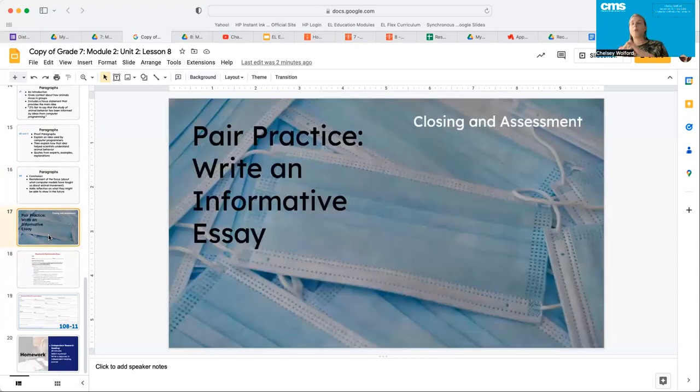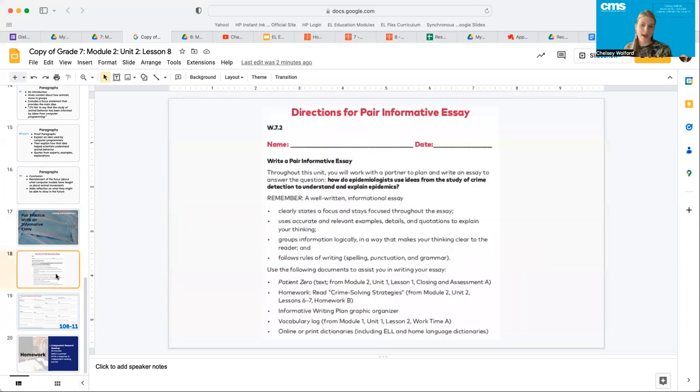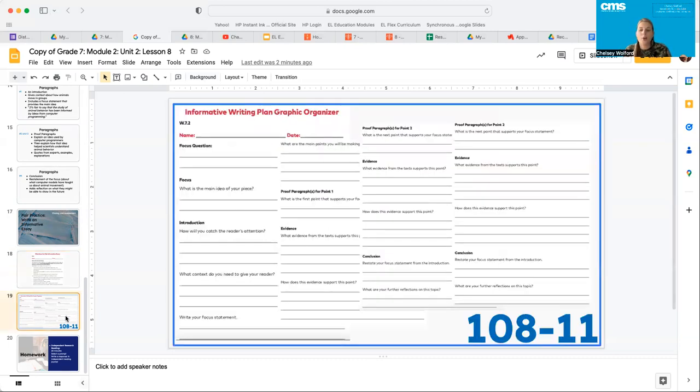All right, guys. Now that we have looked at the criteria and looked at a model, we're going to do a little pair practice, and you're going to take a stab at this. Here are the directions for the pair informative essay. Throughout this unit, you will work with a partner to plan and write an essay to answer the question: how do epidemiologists use ideas from the study of crime detection to understand and explain epidemics? Here are all the things that you need to remember. And at the bottom, it gives you documents that you can go back to use for help as you're working through this. Today, you and your partner are going to start working through this graphic